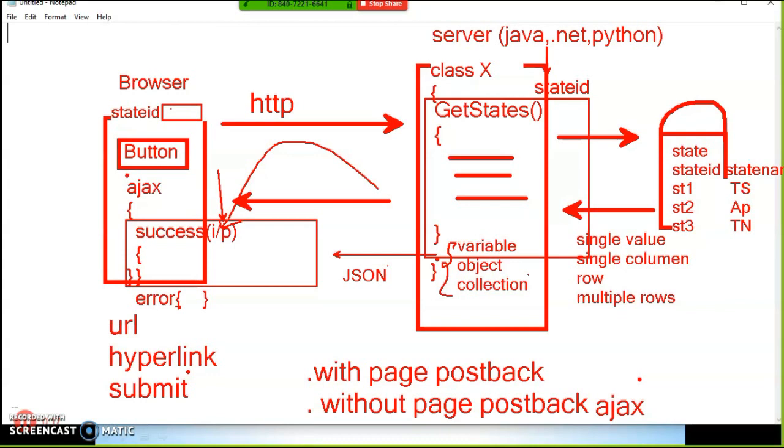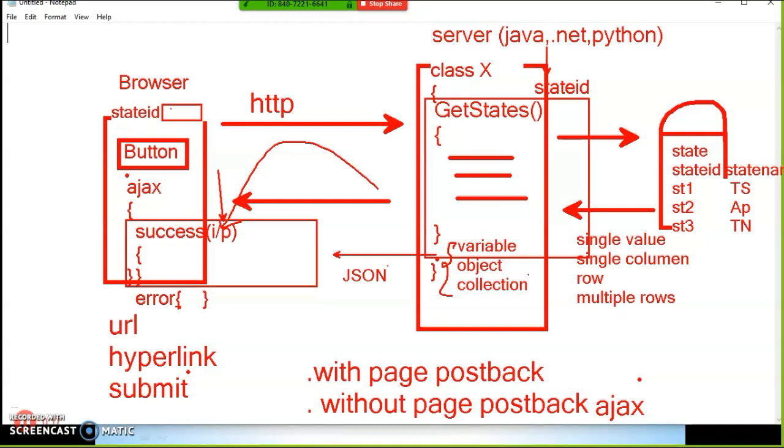And Ajax's main advantage is that it will send the request to the server without page refreshment. Without refreshing the page, without reloading the page, Ajax will directly submit the request to the server. Request means when the user clicks on a button, or enters the URL, or clicks on a hyperlink, then the request will go to the server. Every time the request goes to the server, the main problem in old web application development is that the complete page will refresh. Page refreshment is the main problem.